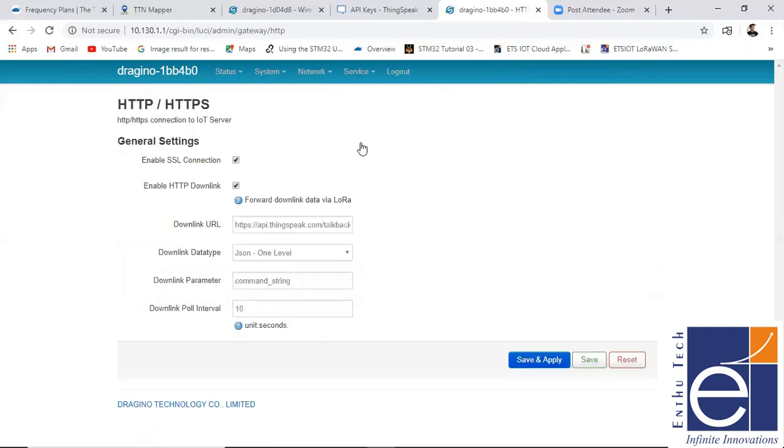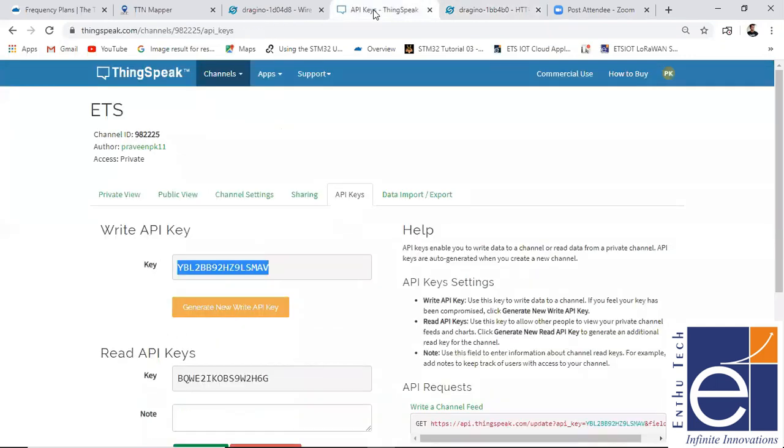So in this, for you, it is not enabled here. And this is like this only, and you don't have any API keys here. So what do you have to do now? First of all, you need to click this enable HTTP downlink. Okay. Then next, you need to put the URL here. So where can you get this URL now? Go to your ThingSpeak account and go to your talkback,